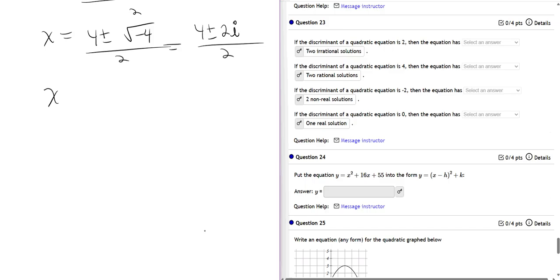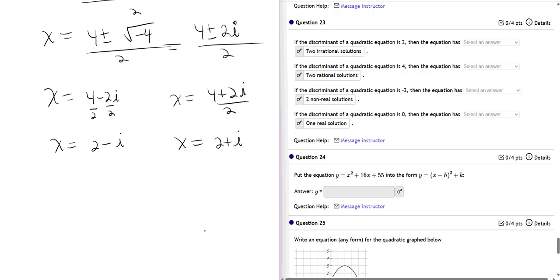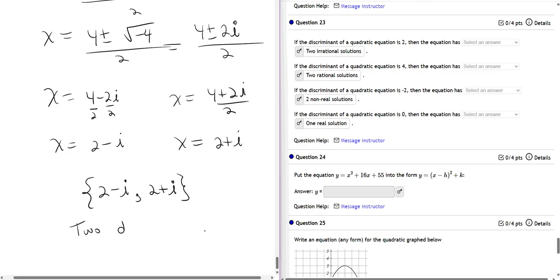So x is equal to 4 minus 2i over 2, or 2 minus i, or x is equal to 4 plus 2i over 2, which again simplifies to 2 plus i. So you've got two solutions, and they're different. So they're two distinct, non-real